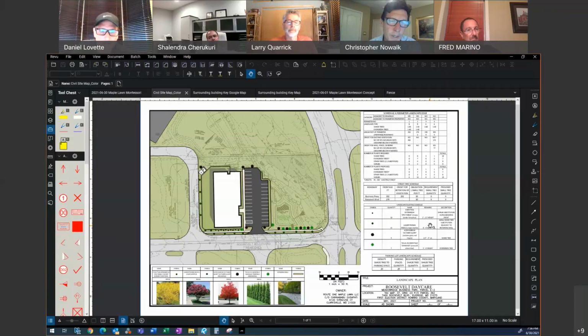We envisioned a 6-foot-high board-on-board fence around that with a board-on-board gate, 2 swing gates for truck access in the front. Many times people use one of the 2 truck gates to get into the front of it, but we could certainly add a pedestrian gate to the backside, because that's actually the approach employees will be taking coming out of the building. They'll be coming to the backside. We could add a pedestrian gate to the backside.